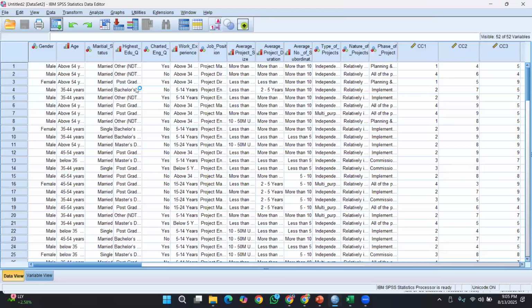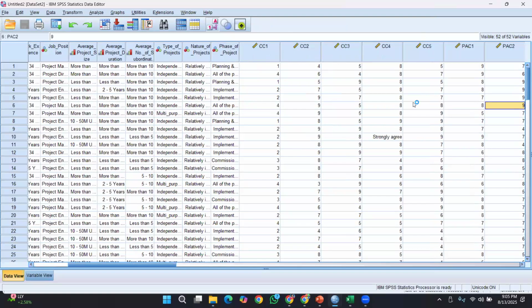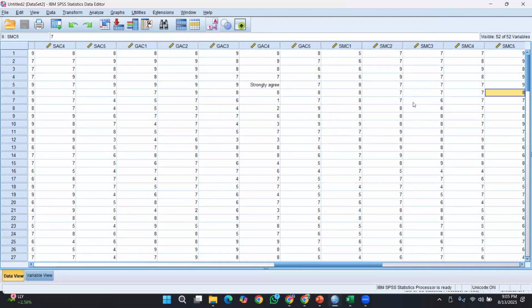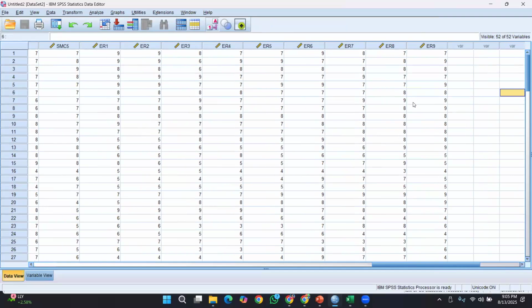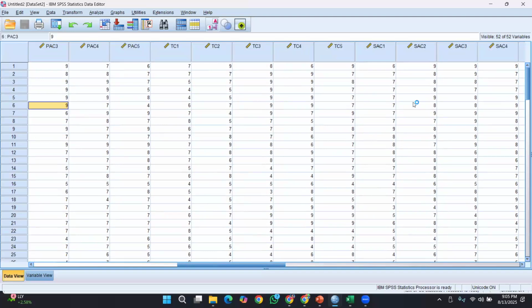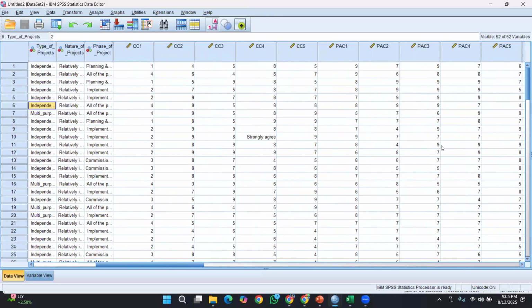Now assume that this is the data set that you have been getting from the Google form, or else manually entered. There's a variable which has not been converted, right? Strongly agree. Yes. So I'll be just replacing them.